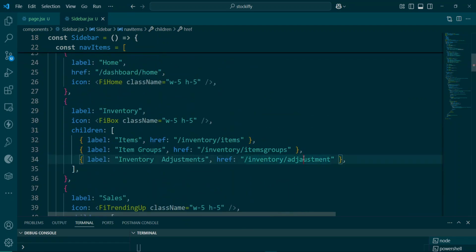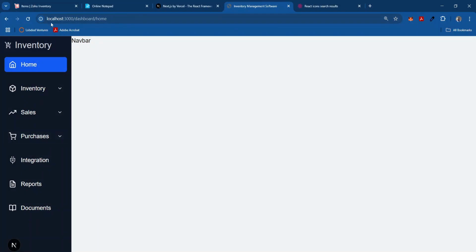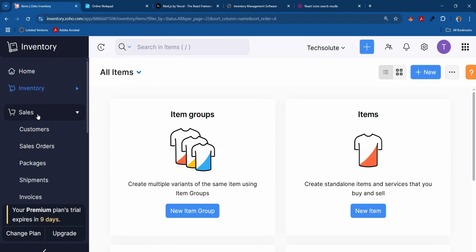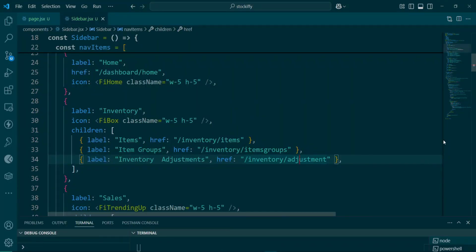Okay, adjustment according to as we have them in the main project here. So I just follow all of this. Okay, and